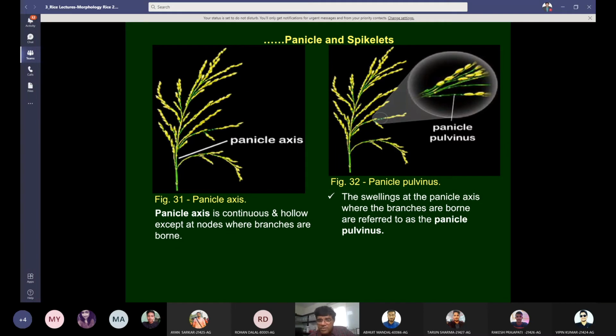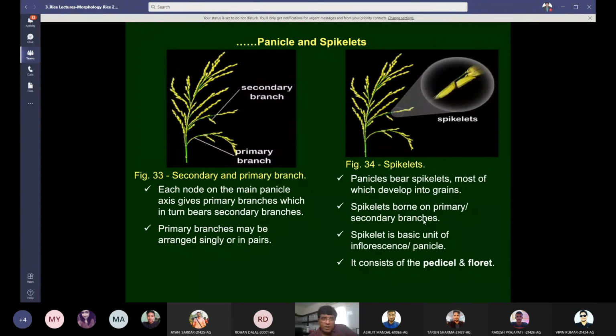Here panicle pulvinus, the swellings at the panicle axis where the branches are born, referred as panicle pulvinus. Now you see secondary branches are also there which are born on primary branches in the panicle. So each node on the main panicle axis gives primary branches, which in turn bears secondary branches, and primary branches may be arranged singly or in pairs. There's no set pattern. They may be single, they may be in pair also.